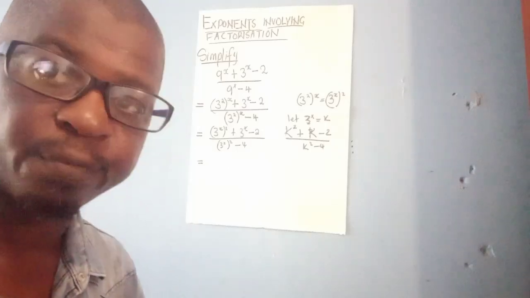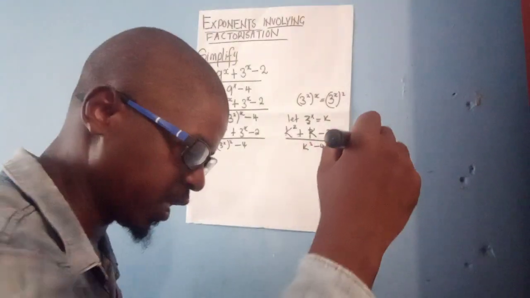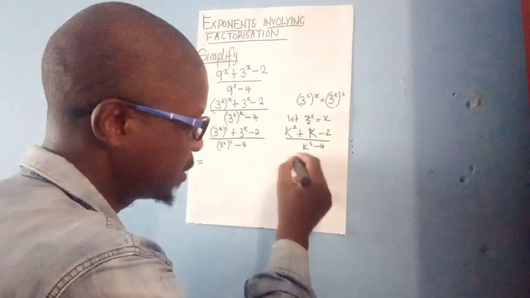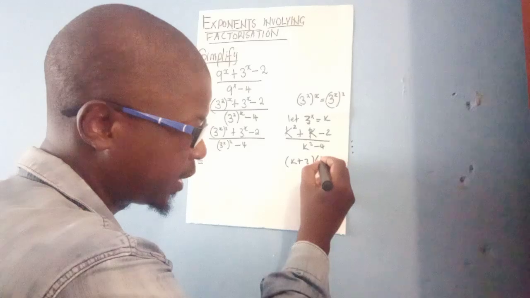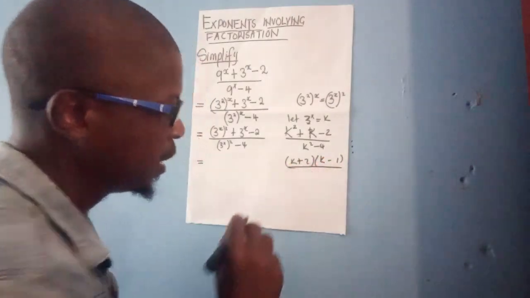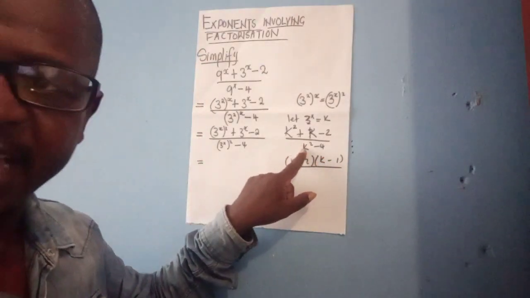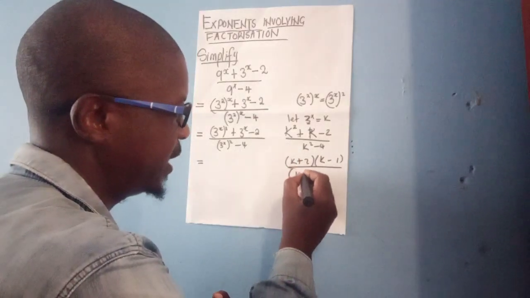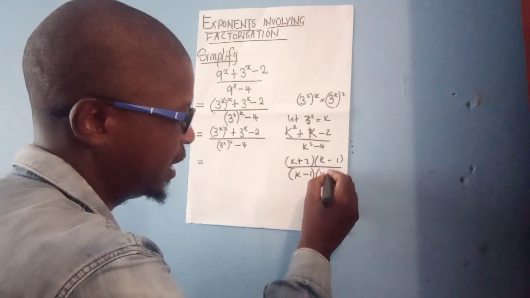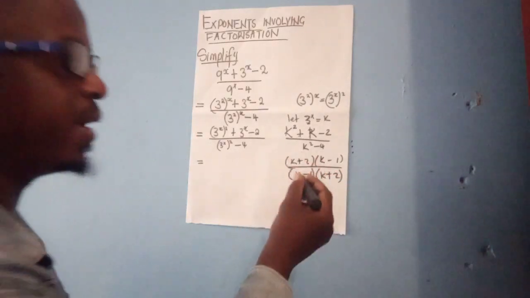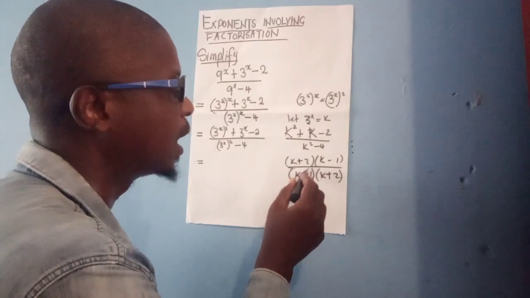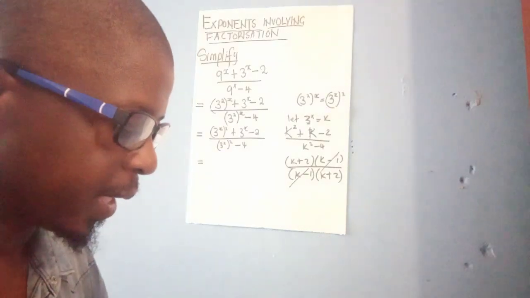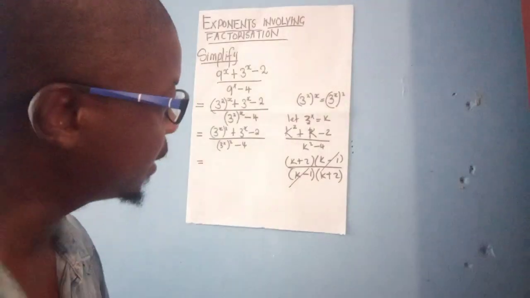We did factorization of a quadratic expression; it now becomes k plus 2, k minus 1 over, when we look at this expression here, it is a difference of two squares where I have k minus 1, k plus 2. So in this case, k minus 1 cancels out with k minus 1, and here